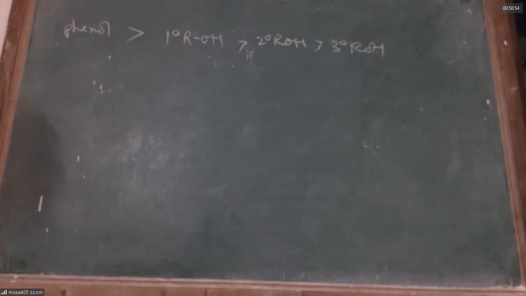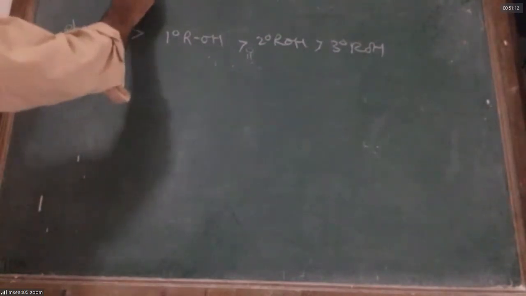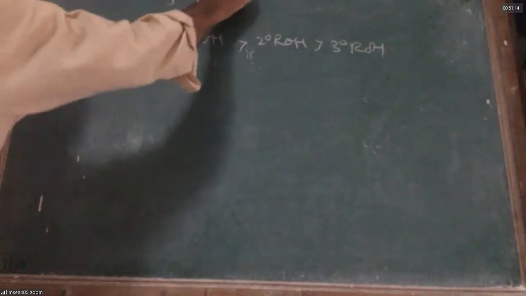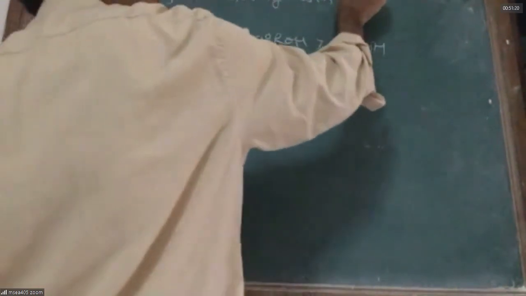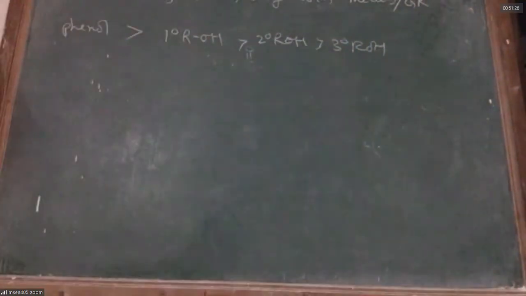Can we see it clearly, sir? The more acidic the nature, the more is the reactivity with sodium metal, the more is the reactivity with Grignard reagent, the more is the reactivity with whatever we have said. Is that fine? Hello? Yes, sir. I can't see that part, sir. The order of reactivity with the metals is given: phenol is more reactive than primary alcohol, which is more reactive than secondary alcohol, which is more reactive than tertiary alcohol. Is that fine? Yes, sir.